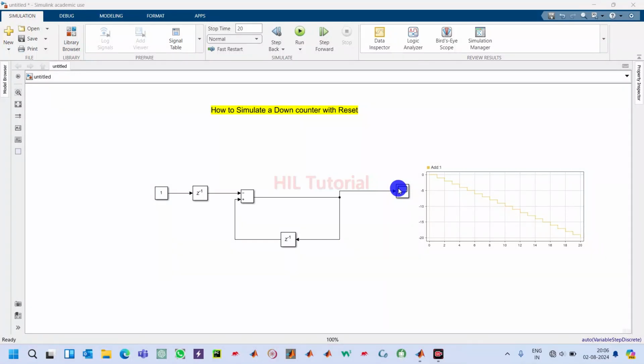In this video, I will tell you how to simulate a down counter with reset. So this is my down counter. We have to make this down counter into a reset down counter. That means at a particular step of count, it will get reset to 0. So we have to make such a